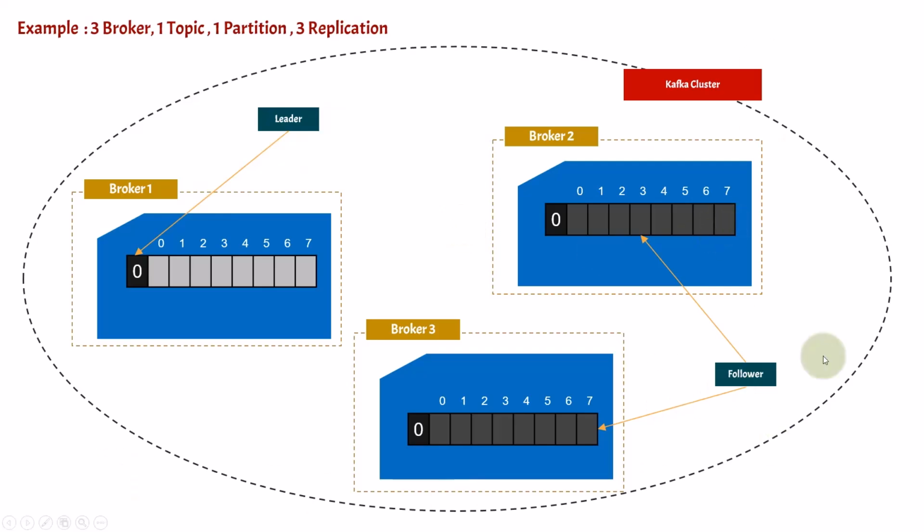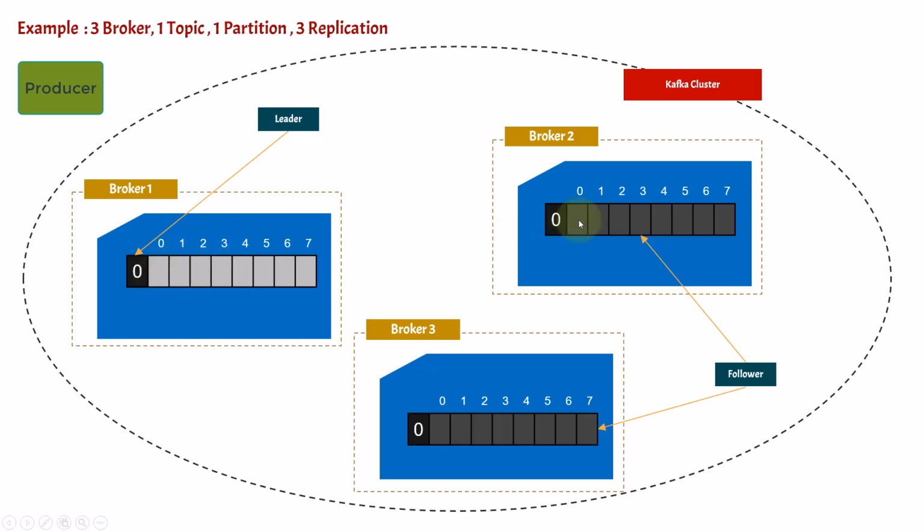But you should understand why this kind of architecture is important. Let's say you created this Kafka cluster where there are 3 brokers and you have taken a single partition, partition 0, and the replication factor is 3. Now there is a producer here pushing data to this topic. The data will come to the leader, because the leader handles the read and write. So suppose you are pushing some data, it goes to offset 0, then 1, then 2, then 3.